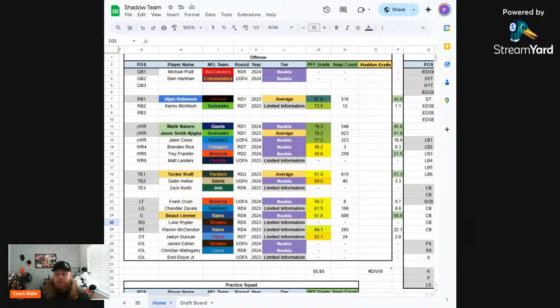So, both of them, a 64.1 for Warren McClendon and a 61.6 grade for Bo Limmer. Not awesome grades. Still, I'm not opposed to bringing in any offensive line talent to push for any of these spots. But it's good to see some guys stepping up and looking like they could be serviceable down the road. But as you can see, the rest of the offensive line room, our next highest snap counts, Chandler Zavala,